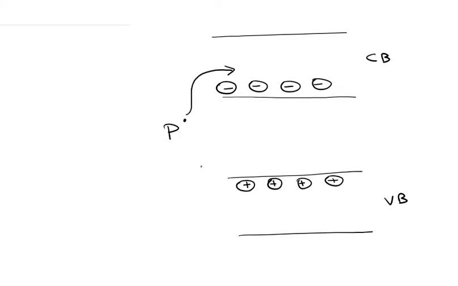So this phosphorus atom has an extra electron which would be increasing the number of electrons in the conduction band. But sometimes it may so happen that this extra electron in phosphorus comes to the valence band and fills up a hole. A hole is basically a vacancy of an electron. These are basically broken bonds. So this extra electron in the phosphorus atom can sometimes destroy a hole in the valence band. To understand it in a little more detail, this is what is happening.